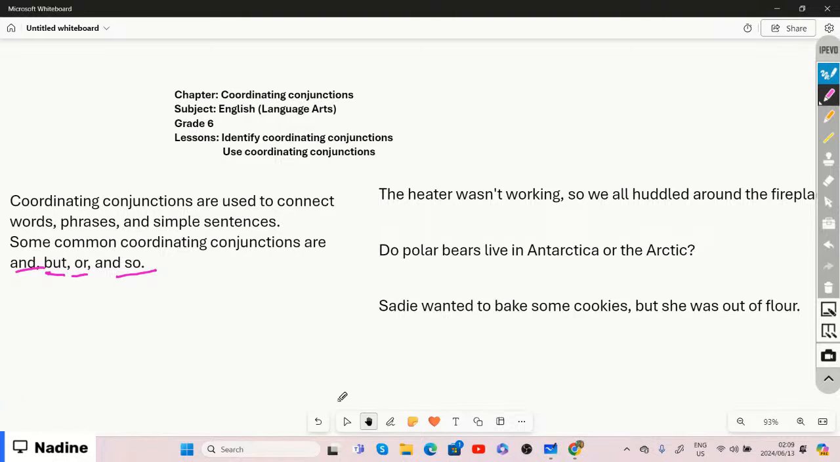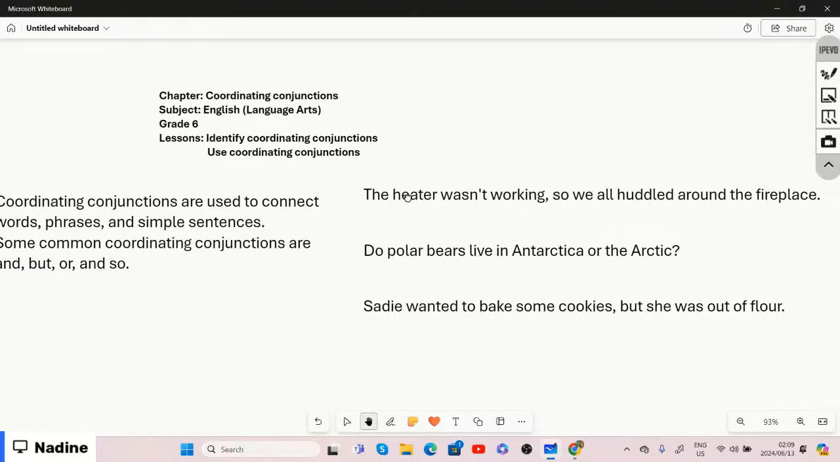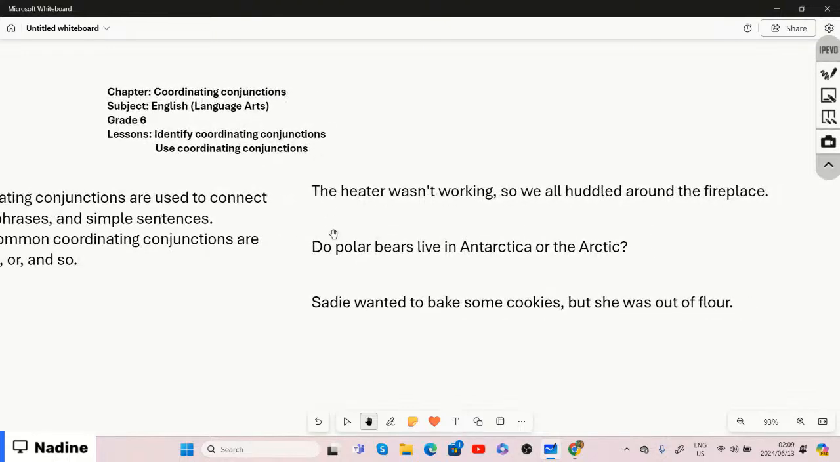If we look at examples, it says, the heater wasn't working, so we all huddled around the fireplace. If we look at that specific sentence,